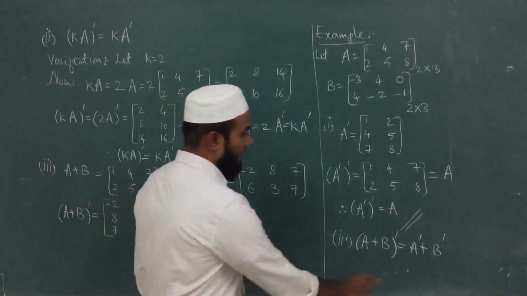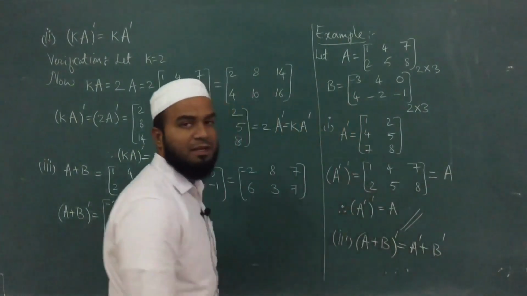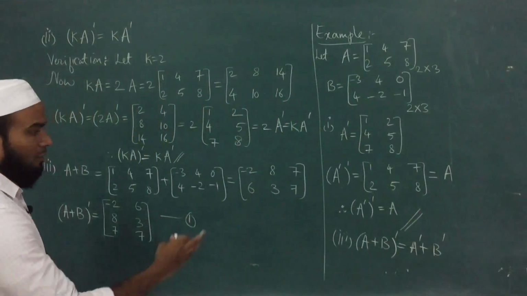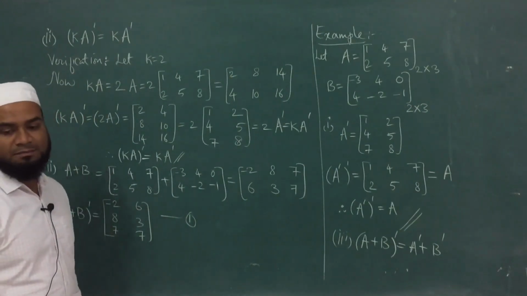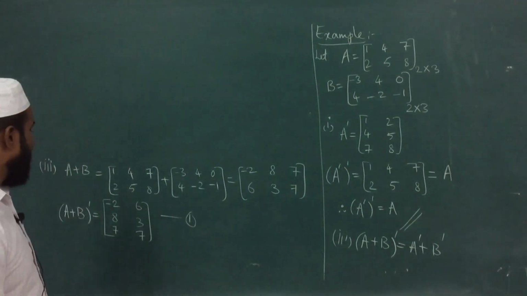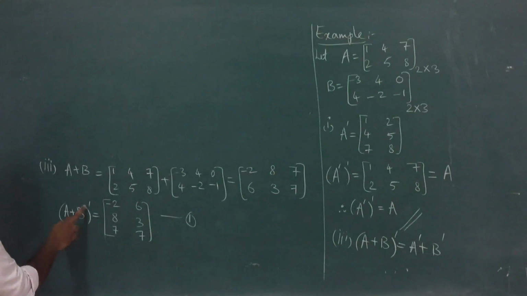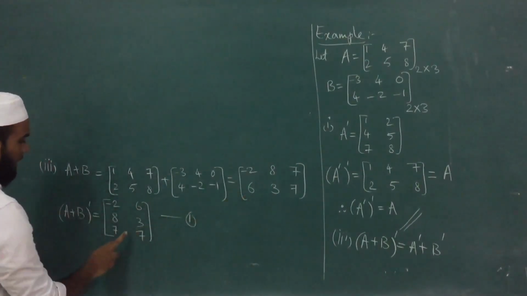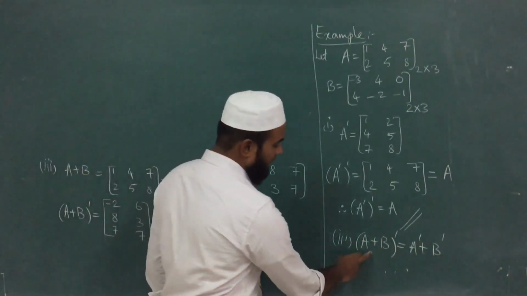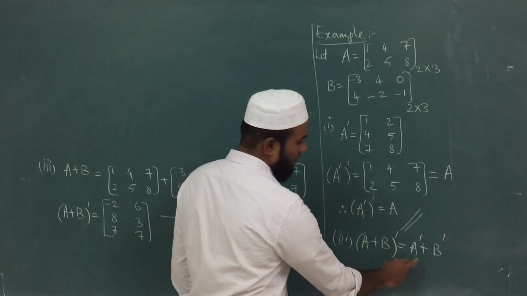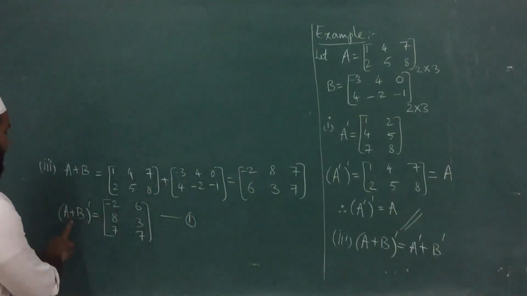Now we will evaluate A transpose plus B transpose. Then we will see whether, when we add A transpose plus B transpose, we are getting this matrix or not; that we have to verify. We have evaluated first A plus B, then we got this matrix, then we found A plus B whole transpose. The transpose of this matrix is given by this. We are considering this as 1. Now our intention is to verify the third property, that A plus B whole transpose is equal to A transpose plus B transpose, right? Already we have evaluated A plus B whole transpose.